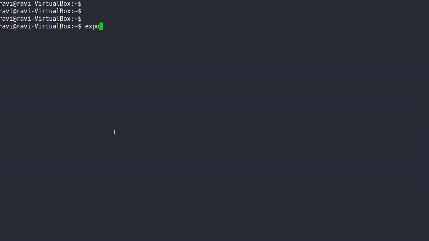Let me summarize again. With export, you can pass variables and functions from parent to child, but not from child to parent. But by using the source command, this is possible.